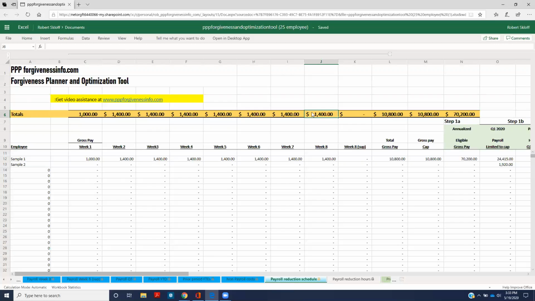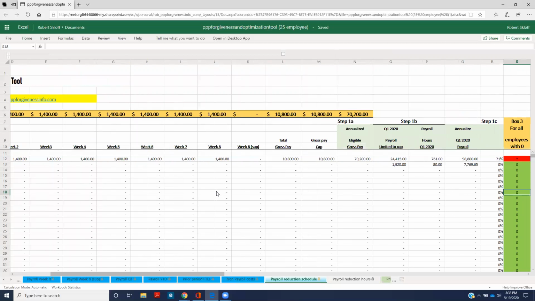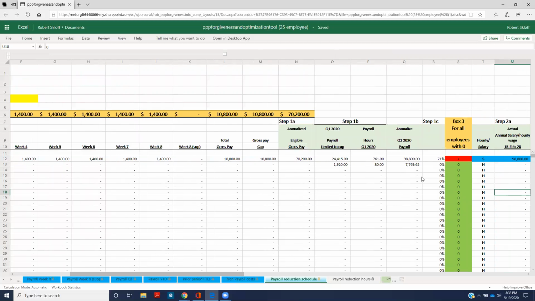Please remember that weeks 1, 2, and 8 are linked to the prorated payroll week 1, prorated payroll week 2, and prorated payroll week 8 tabs, and not the actual payroll tabs. This is due to certain allocation requirements. So in this spreadsheet now, where there's zeros here, this would be your employees, and all of the first 19 columns would be populated, taking us all the way out here to the step